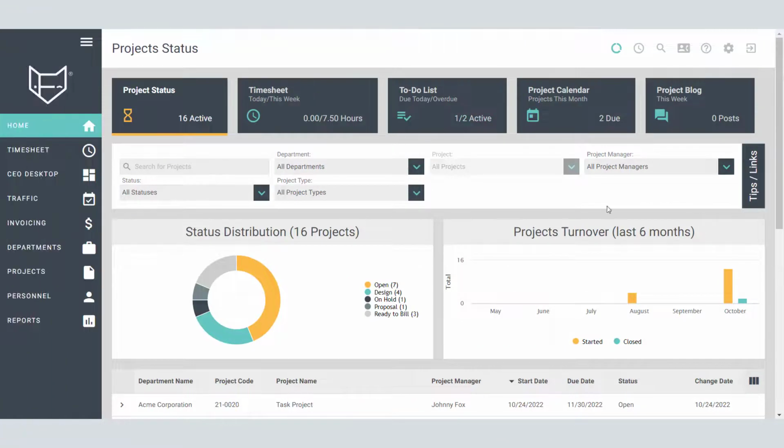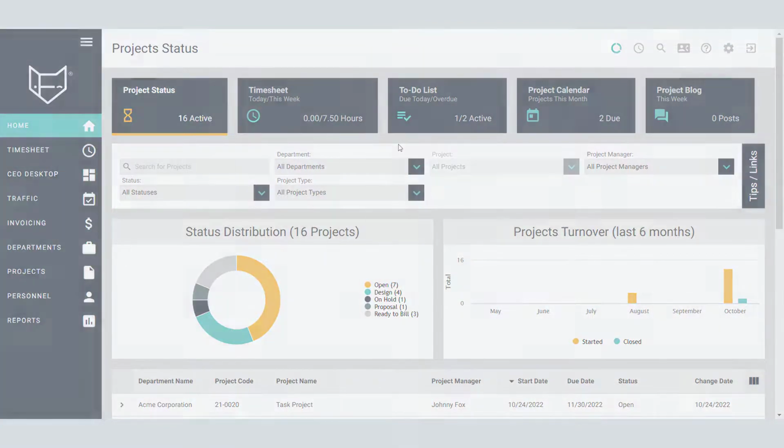Building reports, setting up custom fields, and your request forms can take a bit of time. So if you need any help with getting those set up or other parts of the system, give us a